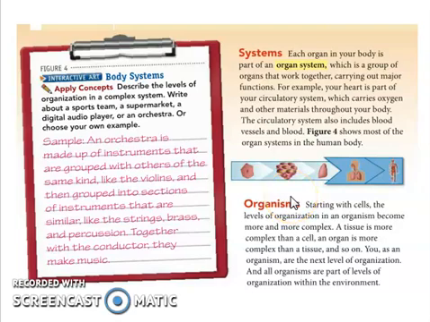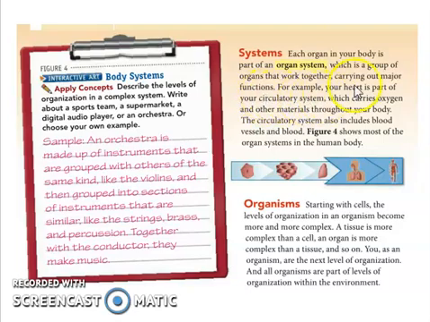Okay, let's go to our continuation of our topic. So we're done with the cell, we're done with the tissue, we're done with the organ. Let's go now to system. Organ system is the group of organs that works together. So meaning each organ is arranged according to its function. It carries out a major function.